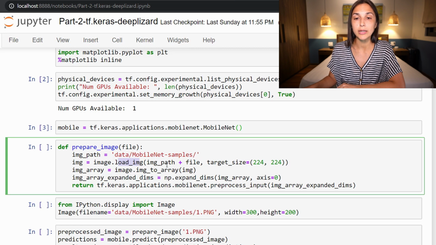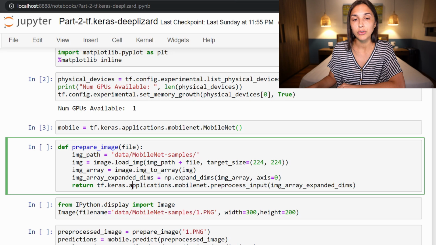So what we are doing here is we are just taking the image file, resizing it to be of size 224 by 224, because that is the size of images that MobileNet expects. And then we just take this image and transfer it to be in a format of an array. Then we expand the dimensions of this image because that's going to put the image in the shape that MobileNet expects. And then finally, we pass this new processed image to our last function, which is